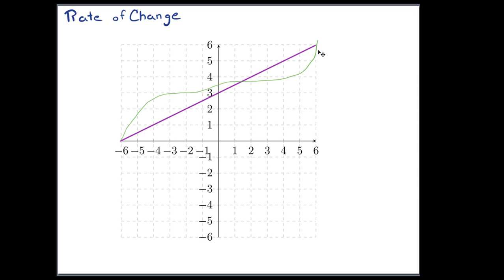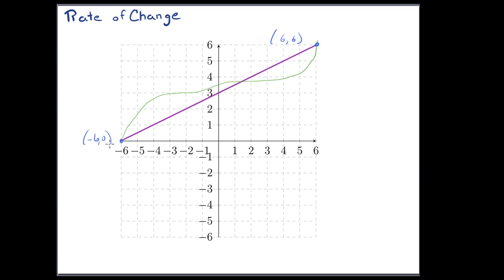This could be a curve describing some sort of function, some sort of height or population growth or something that I'm interested in. And this purple line goes from the same endpoints, right? Starts here in the same place and then intersects over here in the same place. So its rise and its run is the same. Let's use numbers. So it goes 6, 6, and this is